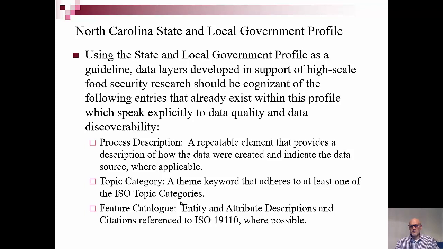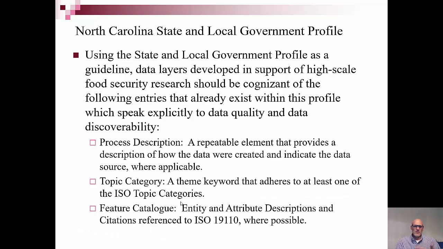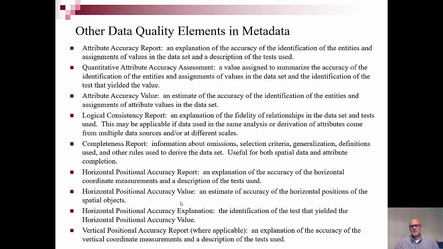I think there was about 21 ISO topic categories, making sure they're in the appropriate place, and the feature catalog, which entails the entity and attribute descriptions and citations referencing ISO 19110. Other elements, data quality and elements that aren't included in our North Carolina, our homemade state and local government profile, but things like attribute accuracy reports. There's about 410 elements in metadata, but our quantitative attribute accuracy